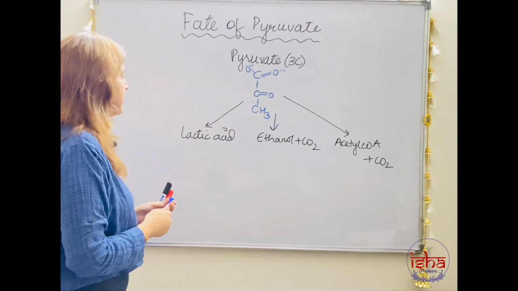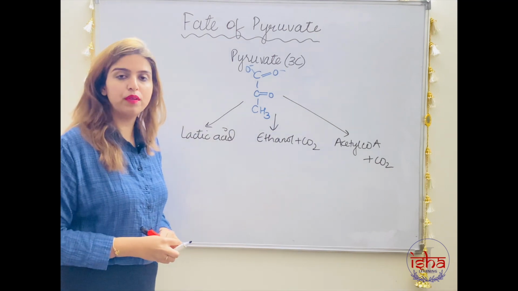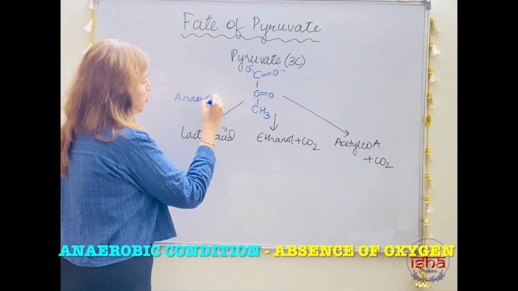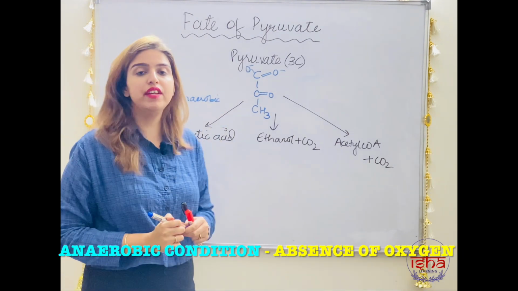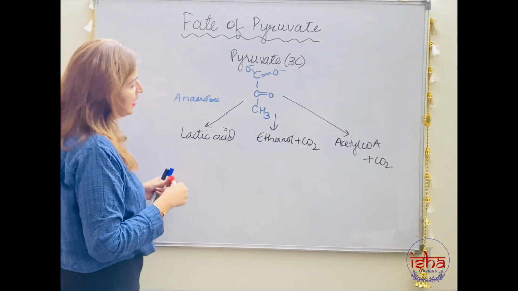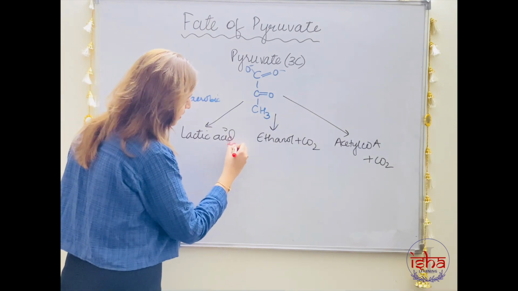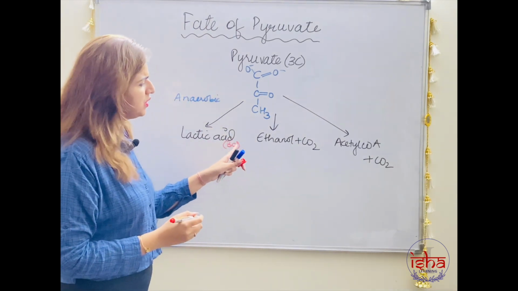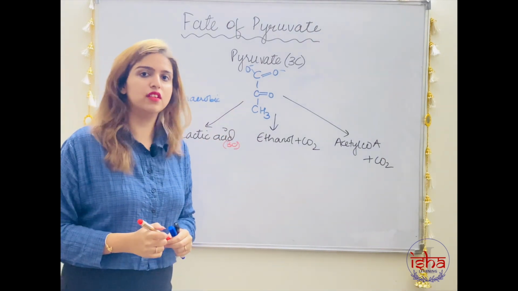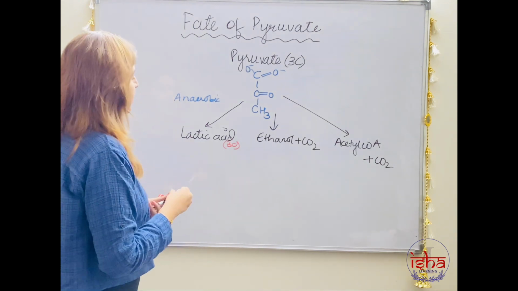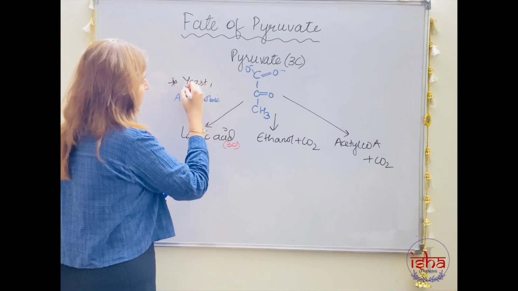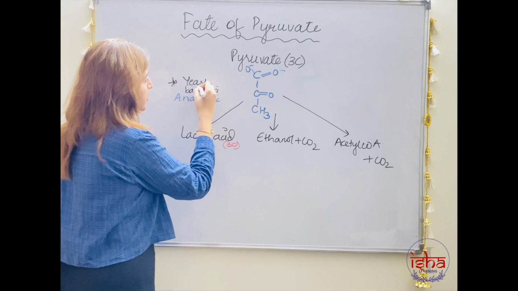In the first case, lactic acid is being formed. This represents an anaerobic condition. Anaerobic condition means the condition having absence of oxygen. Now, here this lactic acid is also a 3-carbon compound. Why? Because you see no CO2, nothing is evolved. So all the 3 carbons are conserved here. Where is it observed? It is observed in the case of some yeasts, some bacteria, and very commonly in the